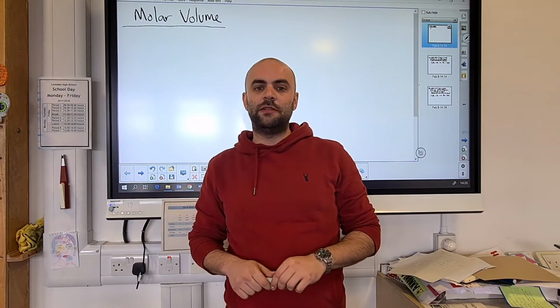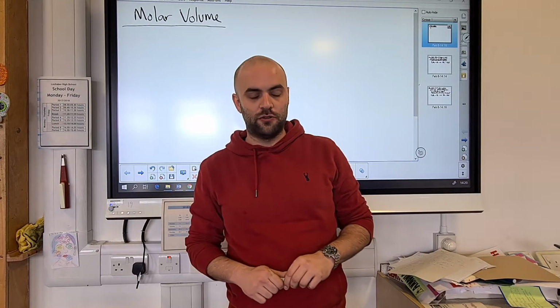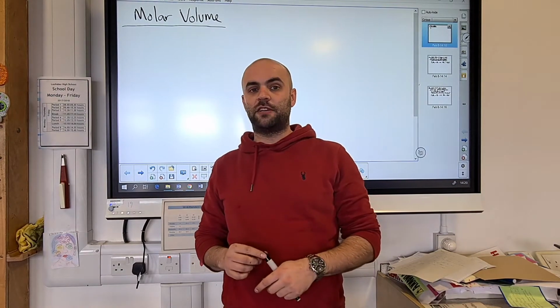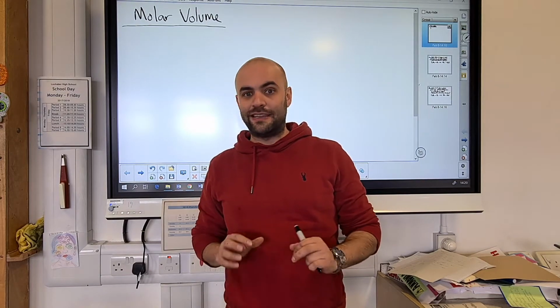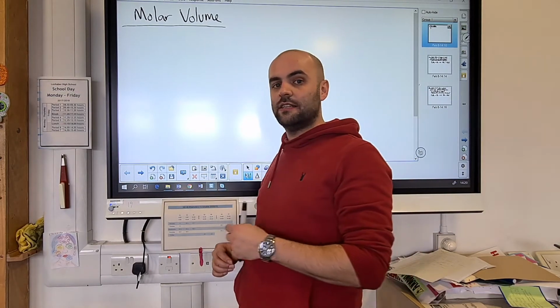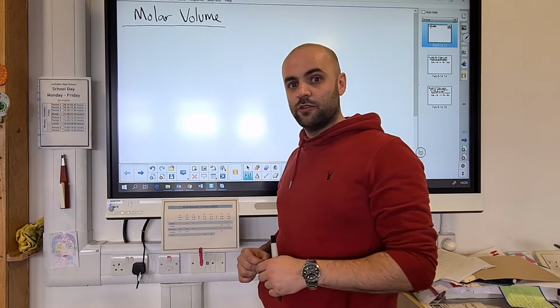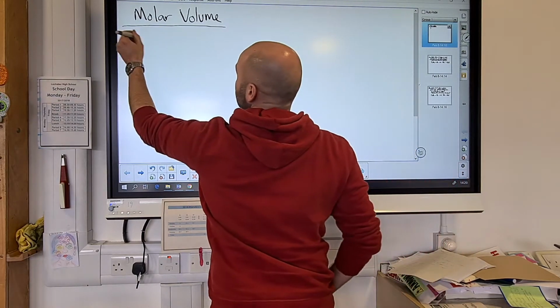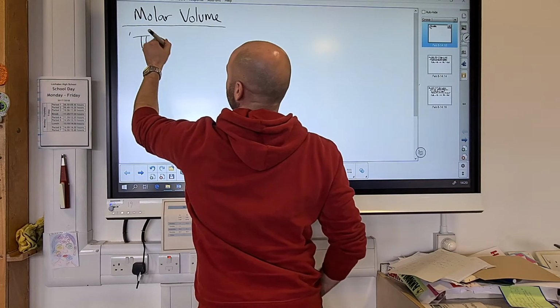Today's lesson is going to be talking about molar volume. Maybe sounds a little bit complicated. It is a new concept for higher chemistry. However, I'd like to think quite an easy one, definitely easier than the previous thing that we looked at, Avogadro's constant. So the molar volume basically means the